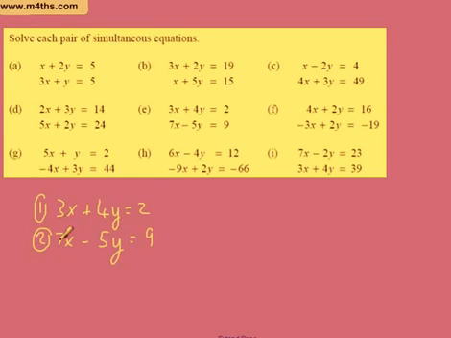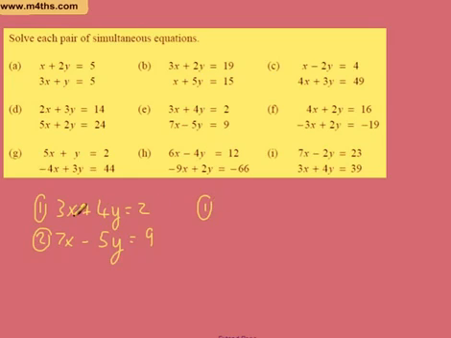The lowest common multiple of 3 and 7 is 21. The lowest common multiple of 4 and 5 is 20. The way I like to do it is to do the ones in the middle, because I can see that that sign is positive and that sign is negative. So I'm going to make these into 20y's. That means I've got to multiply all of